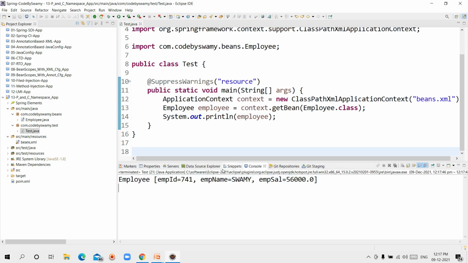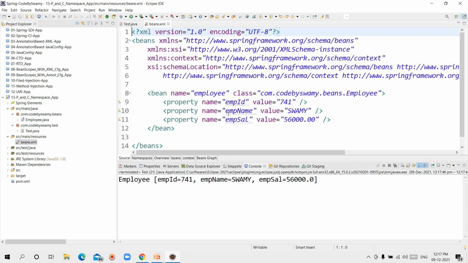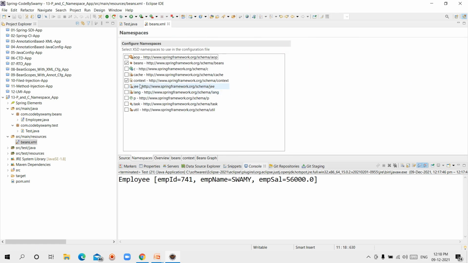But my focus is not this. Go to the XML file. Here I want to add the p namespace for setter injection. Here I am using the property tag three times. Instead of that, choose the namespaces. Click on the namespaces option. Here I am selecting the p namespace.